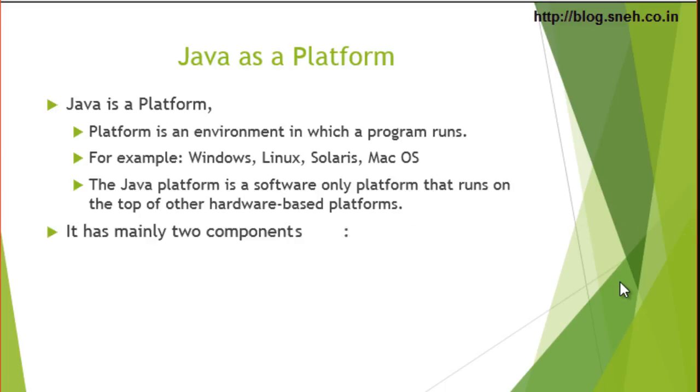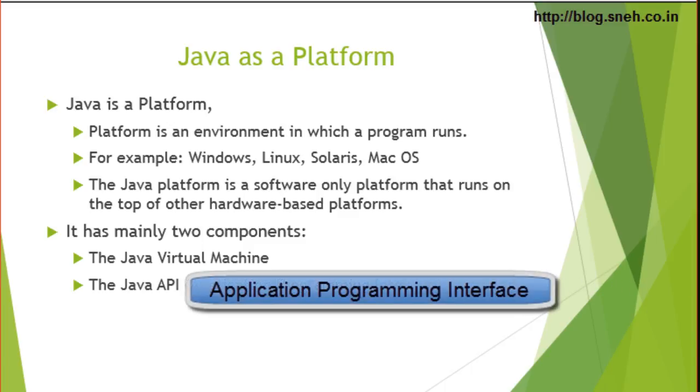The Java platform mainly has two components. The bytecode generated after compilation of a Java source program doesn't contain code that can be executed directly by the processor. The bytecode is the machine language for the Java virtual machine, or we can say that the bytecode is an intermediate language understandable by the Java virtual machine. The Java launcher tool runs the Java application with an instance of the Java virtual machine.